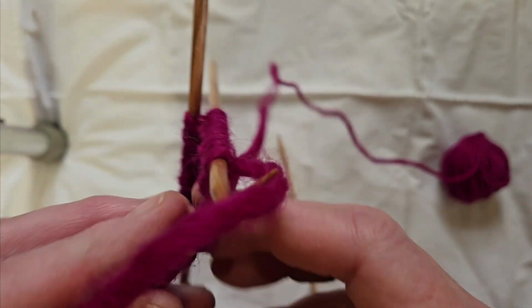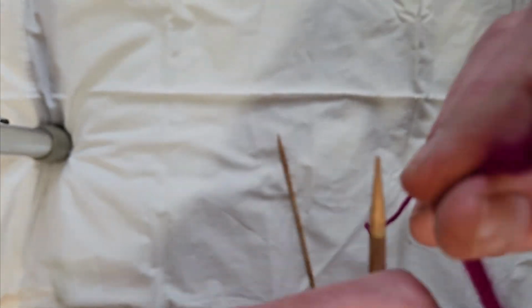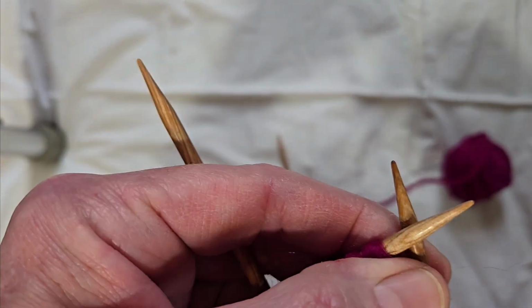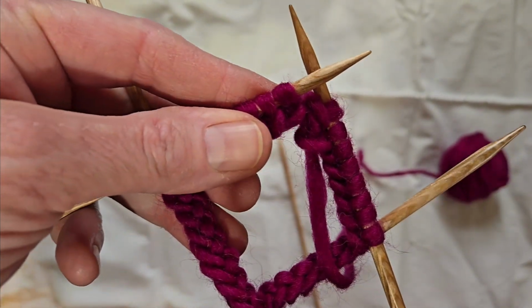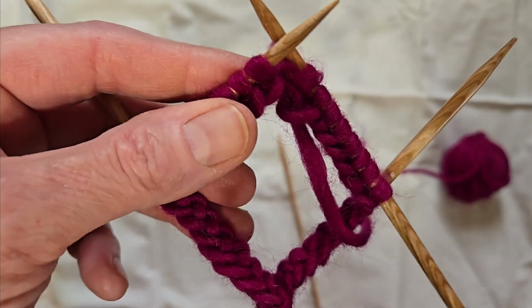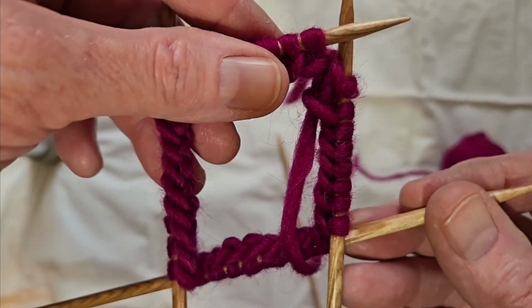And yeah, that's how I cast on my double pointed needles. So yeah, it can be done, and it's a little bit tricky, but if you have any questions, let me know,